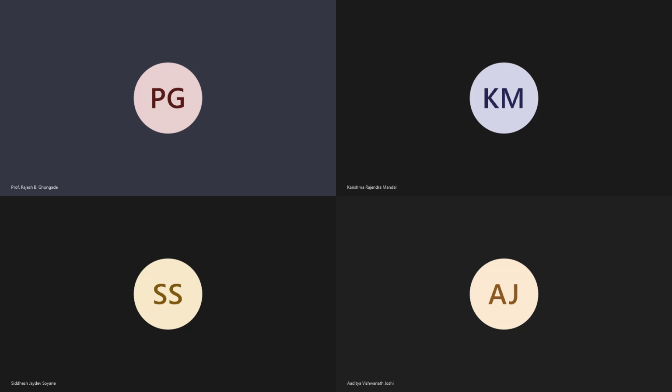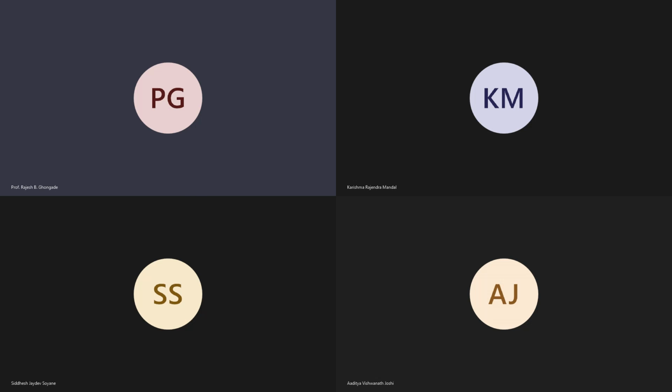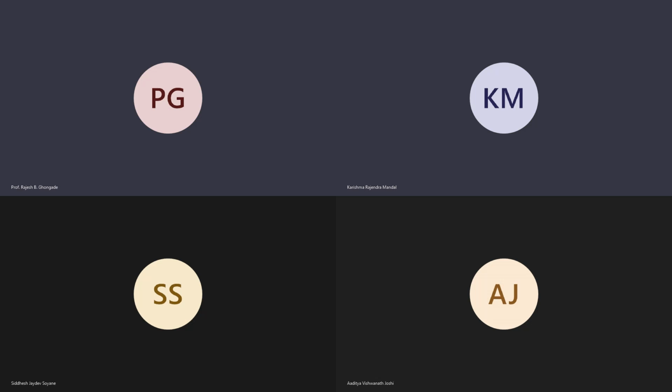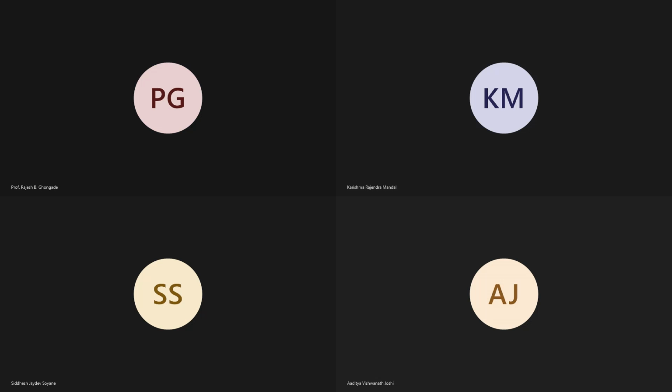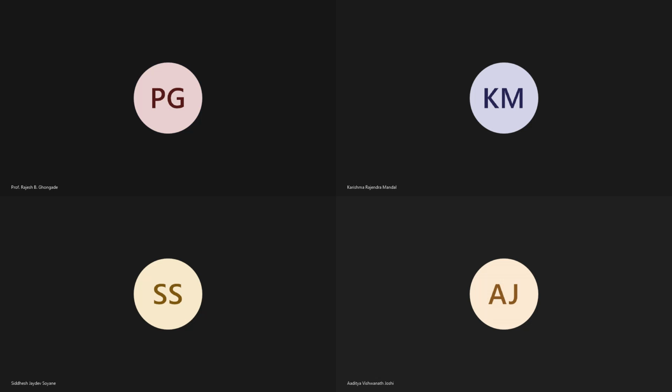Then we have different levels of abstraction. Basically, tell me what do you mean by abstraction? What is the English meaning of abstraction? To take out something, to extract something. No, abstraction is hiding some details. Okay, so we hide the details. We don't go to the minute details of each and every part. We just have an overview. So there are different levels at which you can have abstraction.